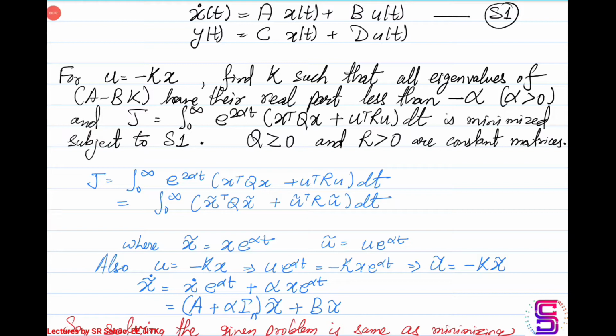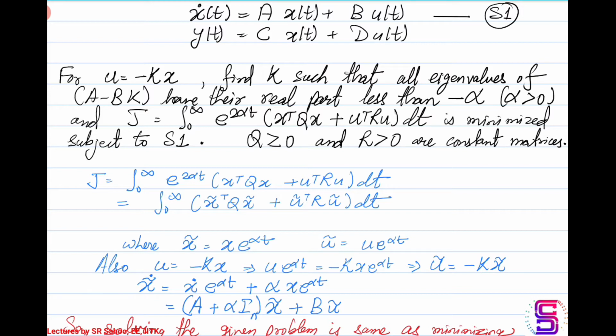In this lecture, we'll continue our discussion on the LQR controller for a very special case wherein the placement of the eigenvalues is specified in some sense for the closed loop system. Okay, so consider the LTI system here, and this is of nth order state space representation with p outputs and m number of inputs.